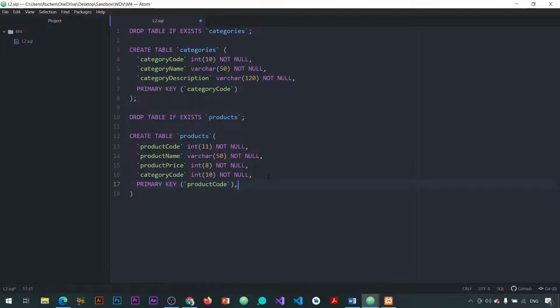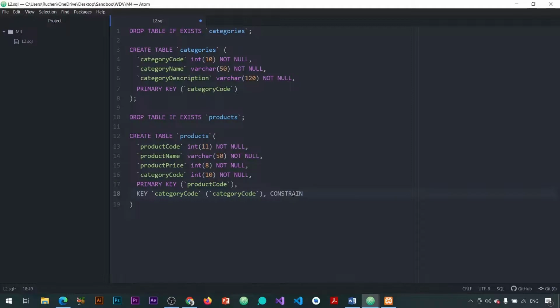And then I need to enforce my foreign key constraint. Now this one is slightly more complex. I'm going to start with the word key over here, and then I'm going to say my category code is the one that I'm targeting. Open up parentheses over here. I'll say category code. And then I'm simply pointing to my category code over here, and then I'm going to enforce that constraint now. So I'll use the keyword